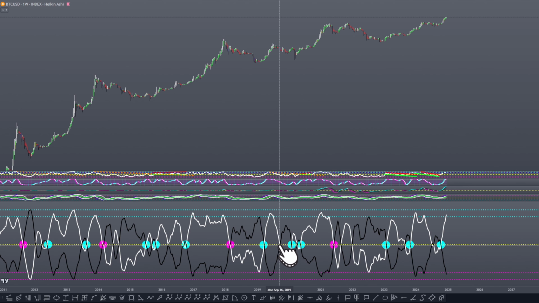If we go back down to the ASO, you saw the second cross here, then we see the third cross here. This isn't necessarily the best third cross you can see on a lot of these charts I'll be going over, but had you bought this back in around February of 2020, you would have been buying somewhere around $8,800 to $9,000 just before the March crash happened. And clearly, with the amount of data we have now and how high Bitcoin is now, it would have been a fantastic buy-in.